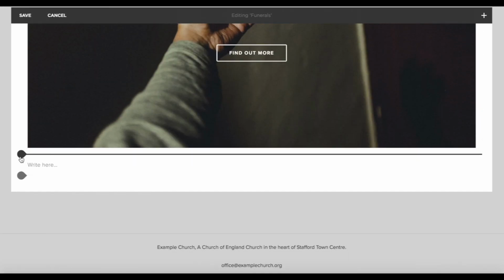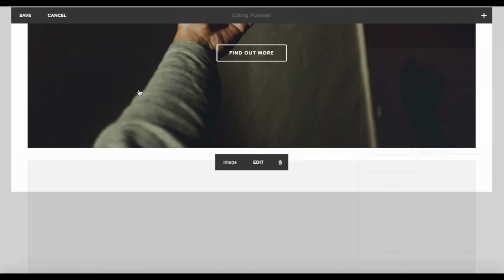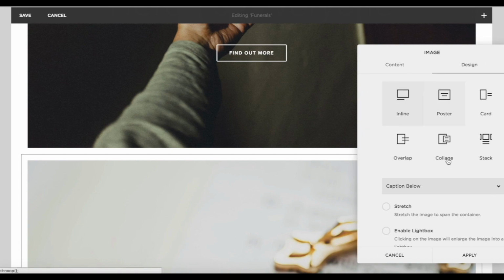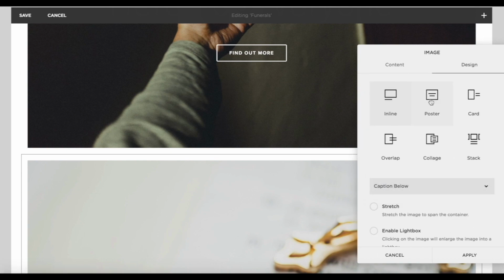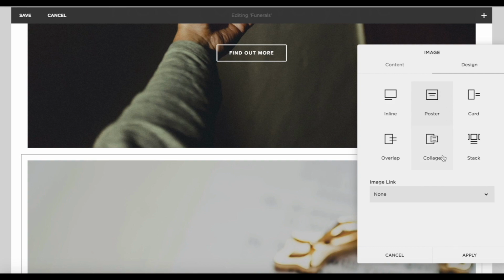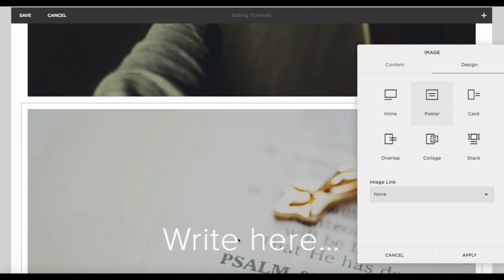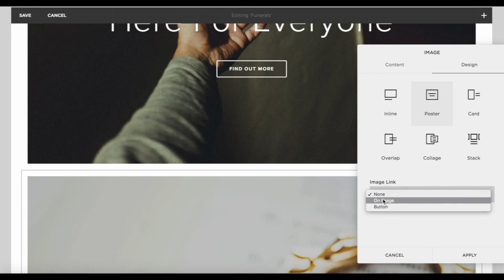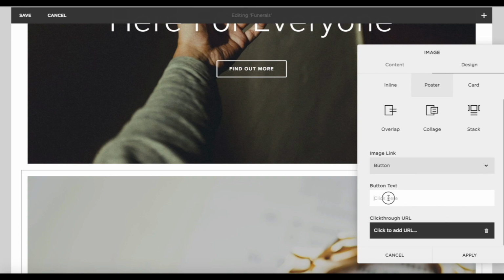Okay, and we'll add another one. Okay, and we will, if it does that, just click it to poster. I think I probably just added an image instead of a poster, but you can always click across. Okay, so we're going to add a button, and the button text is going to be find out more, and